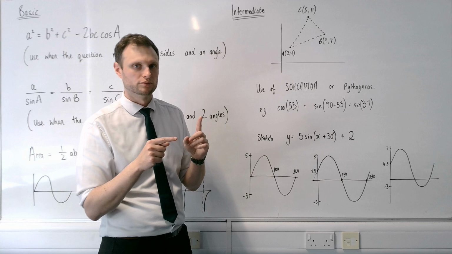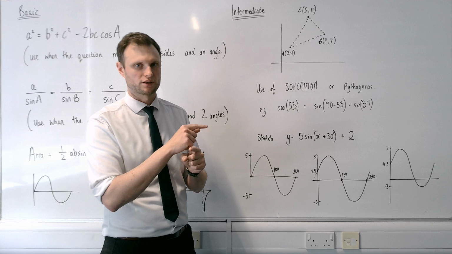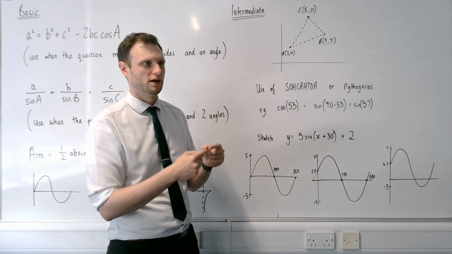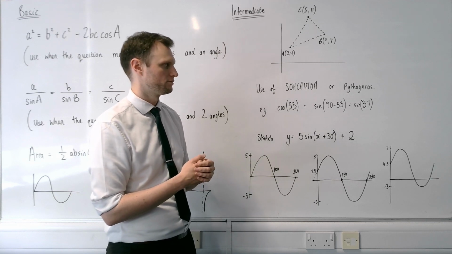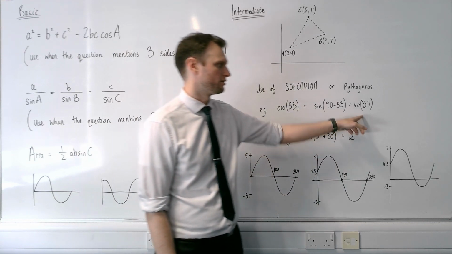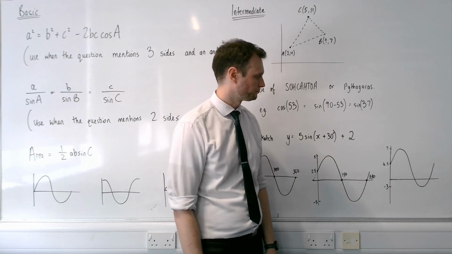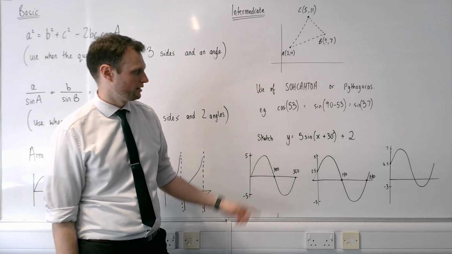Adjacent for one of the angles, and the sine of the other angle are going to be equal to each other. They're both over the hypotenuse, so cos of 53 and sine of 37, because they add up to 90, they're the same. And then the last thing is just